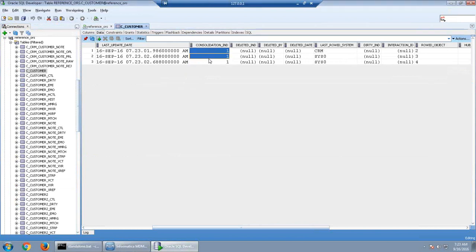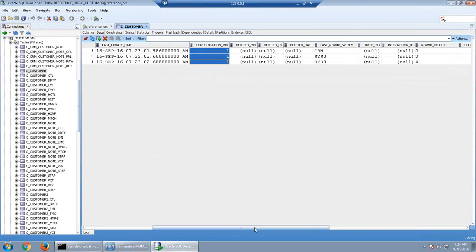See, the consolidation indicator for 3 records has changed to 1. And we had 4 records, but now only 3 records are there in my base object, because 2 records have matched with each other and got merged into each other.